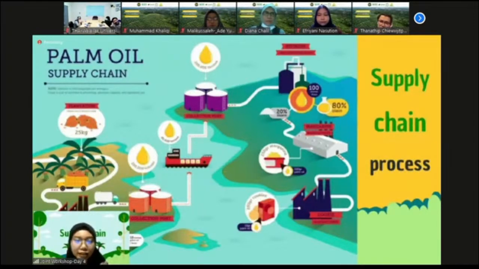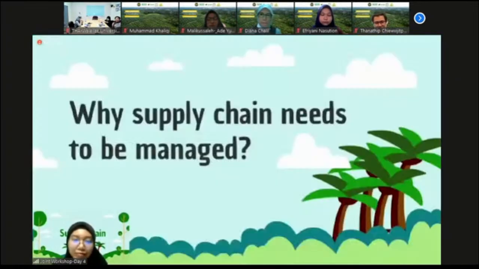So as you can see, it starts from the plantation, right? And then it will be sent to the mill. And workers will steam and press it. And when the process is finished, they send it to the collection port and then export it to another collection port. They will send it to a refinery to process, then send it to a margarine manufacturer, and the last one will send it to the cookies manufacturer.